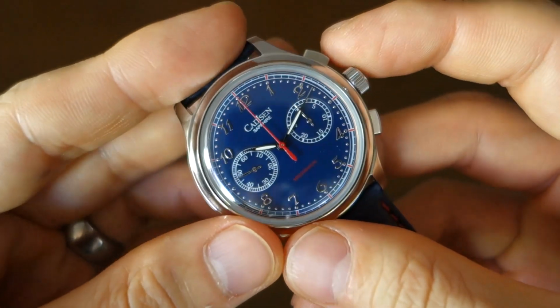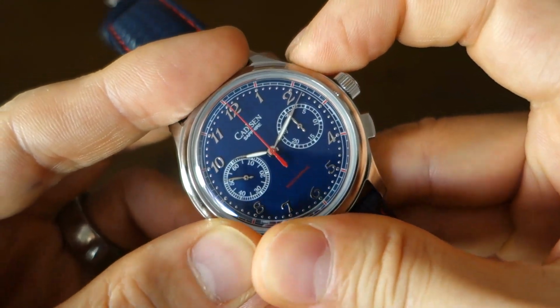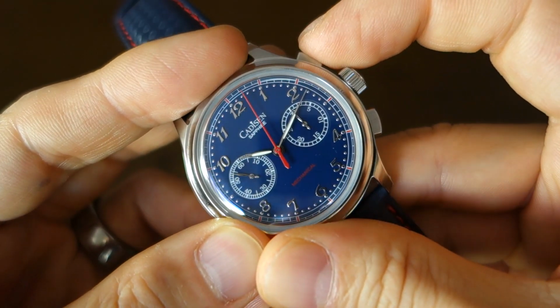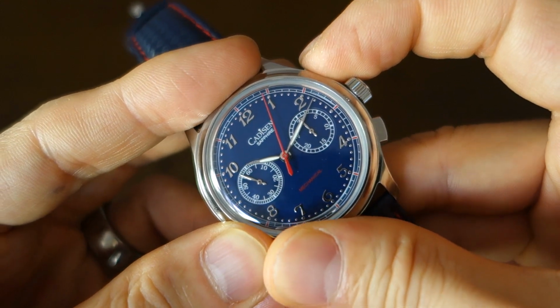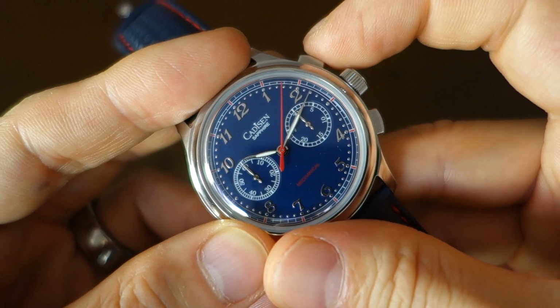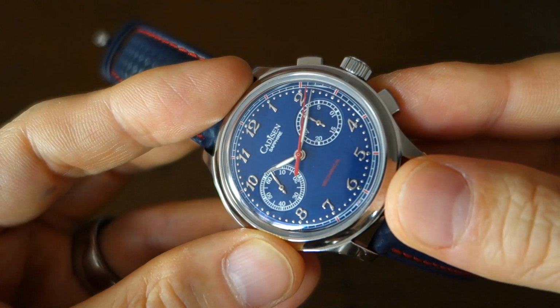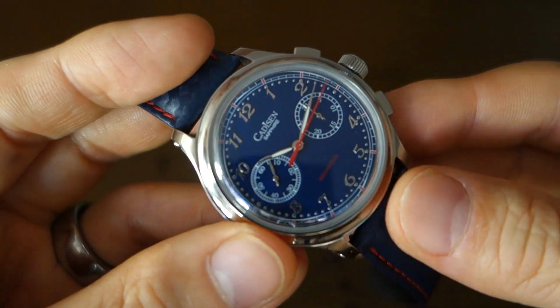And before I move on, I realized I haven't been running the chronograph, so just going to start it here for you. Right, you can see it running. Right, stop, start. Not the best engagement here, right? It's a little bit loose on the engagement. But I'll let it run, and then later on I'll stop it and reset for you guys to see the